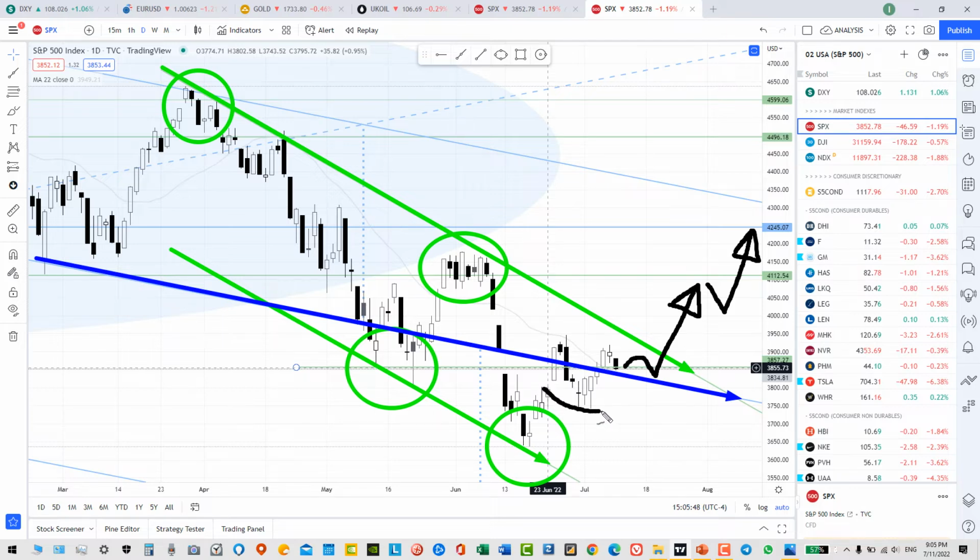But as we can see, it is oscillating up and down, above and below the channel line, repeatedly giving a